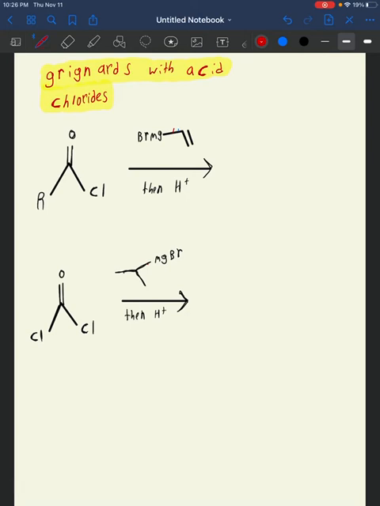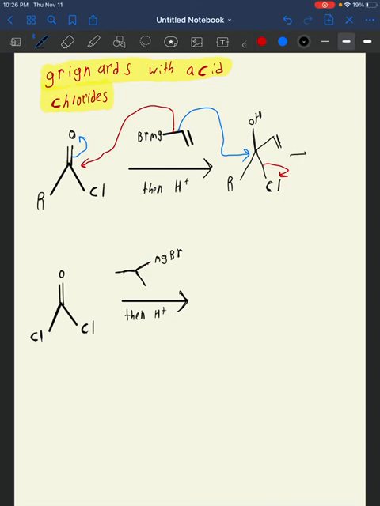Now, moving on to Grignards with acid chlorides. Now, how does this work? Once again, do your first step there, then attach this on. And since we do have then H plus, it would be that, and then I'd have this, and this is R, which is just a carbon chain, and then Cl. Now, if you guys recall, chlorine is a good leaving group, so this can actually leave, and we can actually have, here comes round 2, and attach. And that would then give us our final product, which is